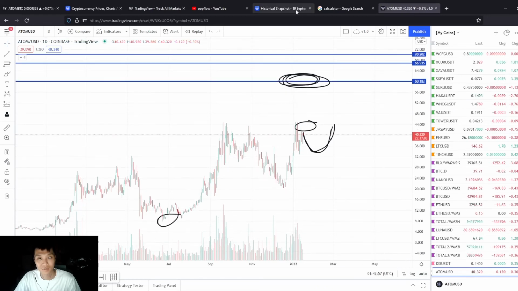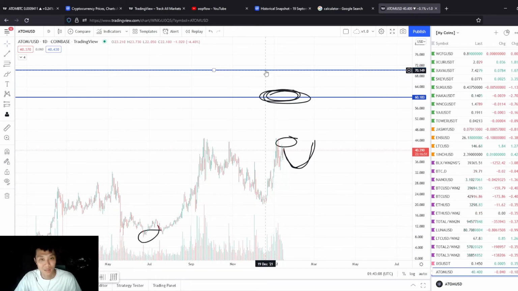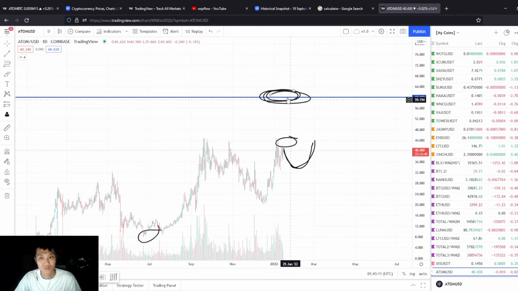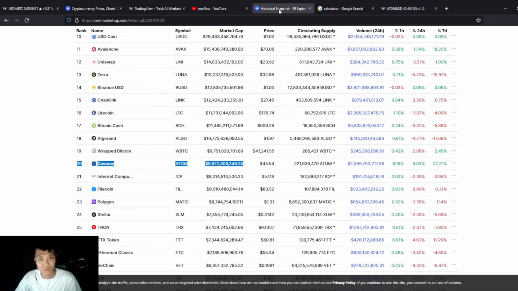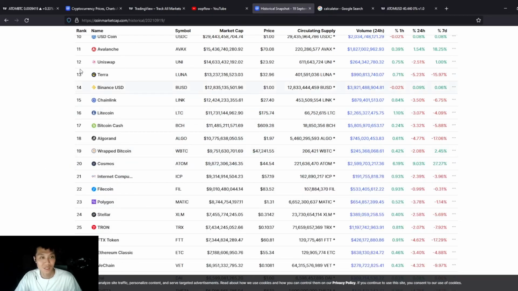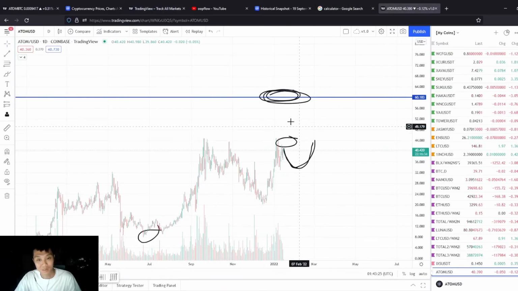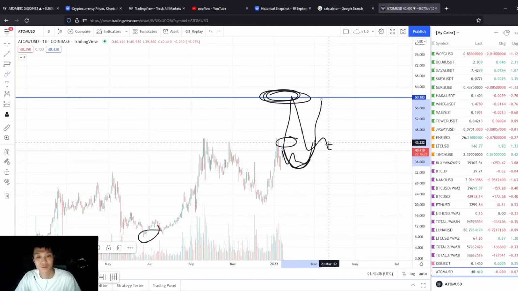But based on the market cap historical data, we can more or less assume in the near term, I'm not saying that Atom can't go higher than $60. I'm just saying that in the near term, if you were to optimize in terms of playing quick entries and quick exits, you would try to aim for the lower bound of $60, because we just proved that Atom rank 20 was the highest that it did in this year. So realistically you want to aim for the lower bound in this particular situation. One or two situations can happen in my opinion. You either go straight up to $60 and then it'll pull back and stall, or it'll pull back right now or stall right here, and then hit up to $60 a few months afterwards.